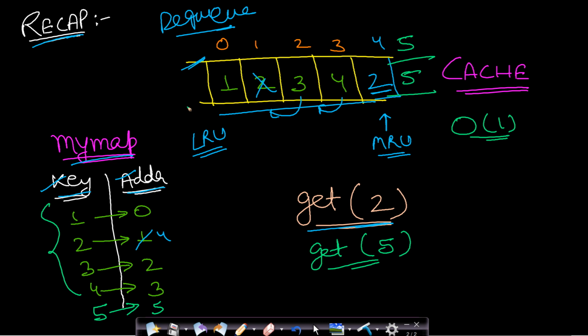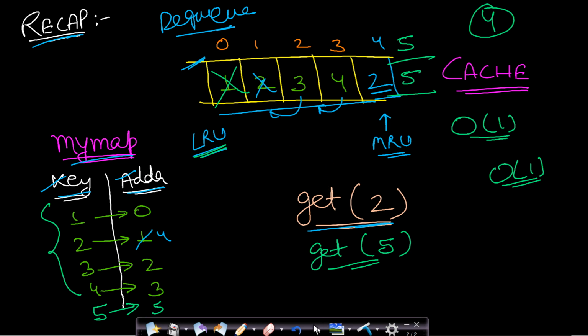And now since the capacity is exceeded, since we have capacity equal to 4 but we have 5 pages here, we will have to remove the least recently used. So we will pop an element from the back. This is also O(1), adding an element is also O(1), and searching in my map is also assumed to be O(1). So all these operations are O(1). Therefore this entire LRU cache can be implemented in just O(1) time.